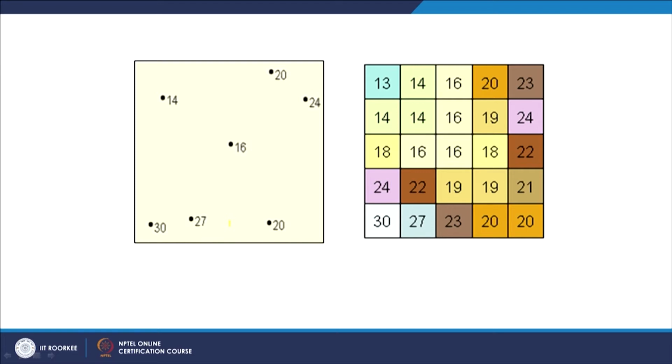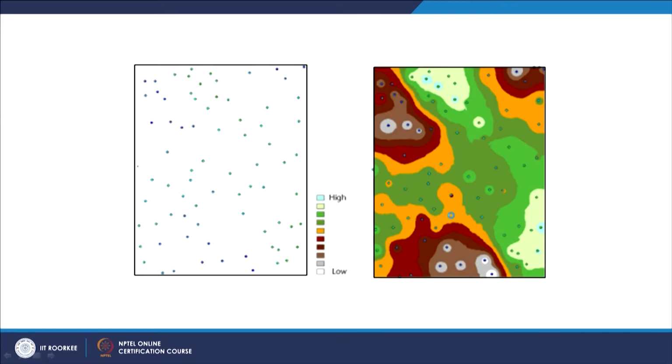In between, like for point 16, it has created a cell here, 16, and it has also created a cell for 20. Now, in between we do not have any observation, but because of interpolation it is filling those values, getting the influence of the nearest neighbor, following Tobler's law of geography.